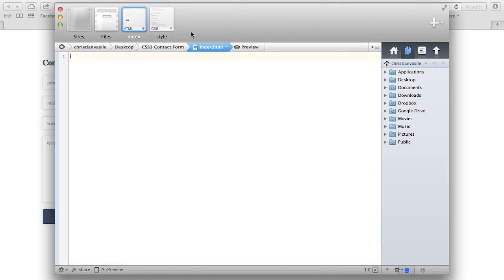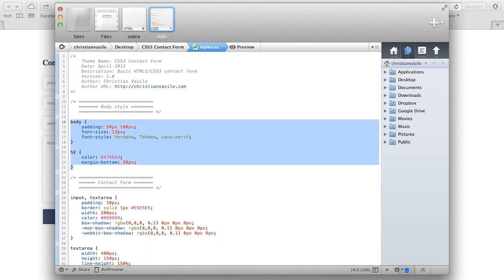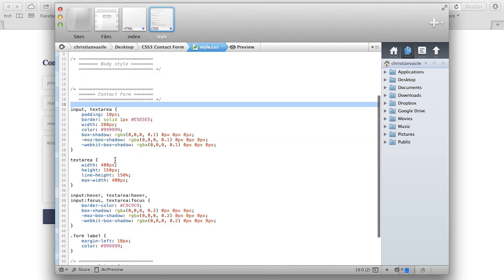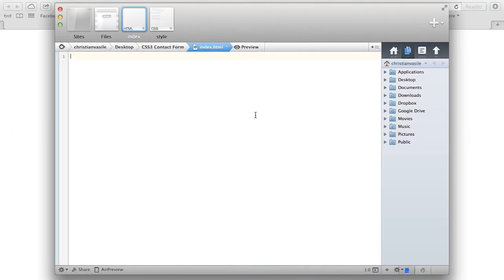here, but I'm gonna delete it, and the same in style CSS. I'm gonna delete the CSS as well, and we go back to HTML. As you can see, it's nothing here anymore if we refresh it. And we're gonna start coding as you already learned in the previous tutorials with me, with creating